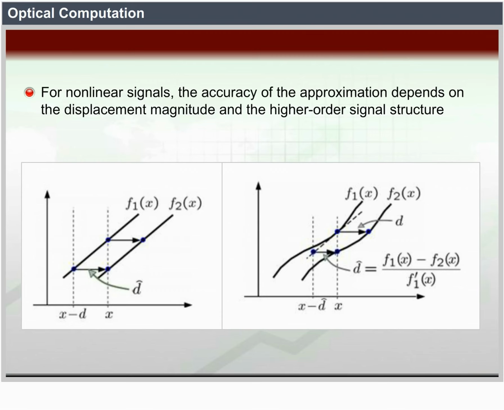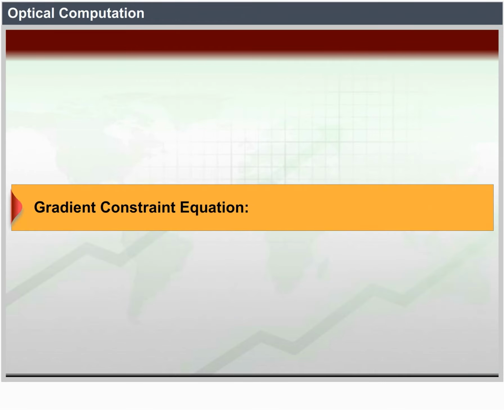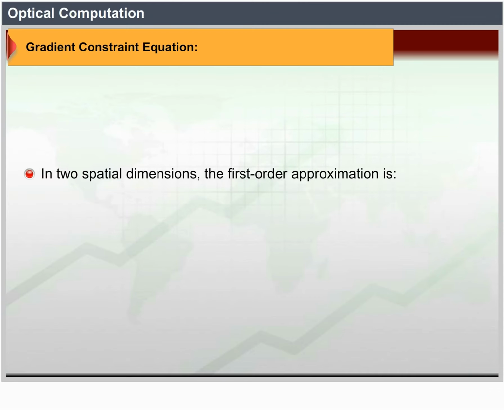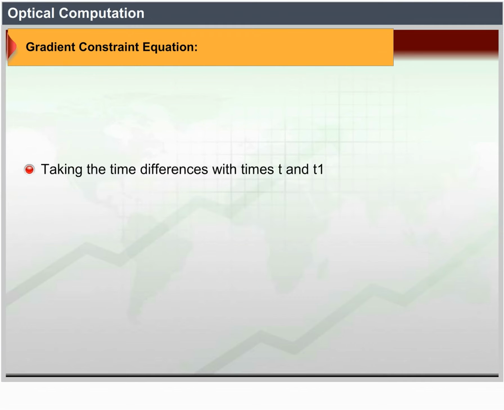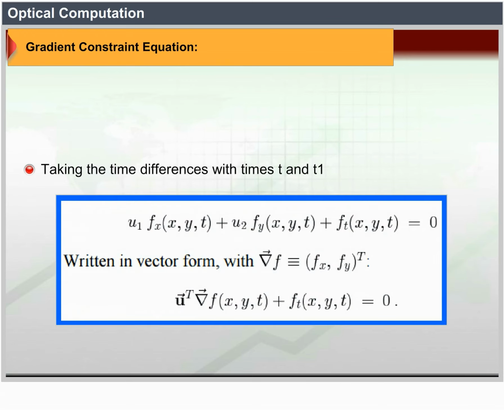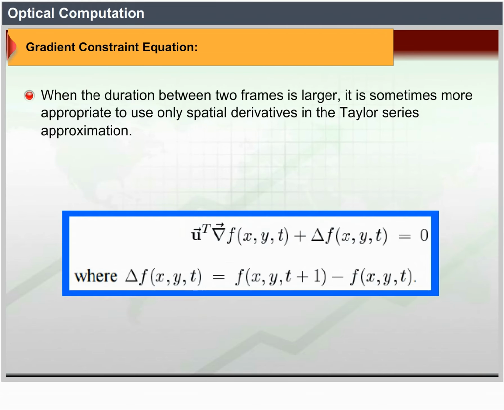Gradient constraint equation. In two spatial dimensions, the first-order approximation is, taking the time difference with times t and t1. Written in vector form, the following equations obtain. When the duration between frames is large, it is sometimes more appropriate to use only spatial derivatives in the Taylor series approximation. Thus, difference approximation, where